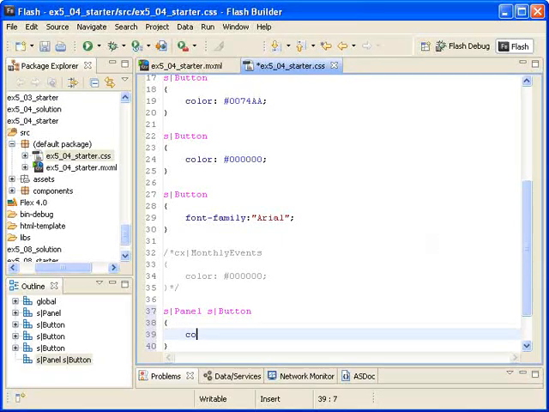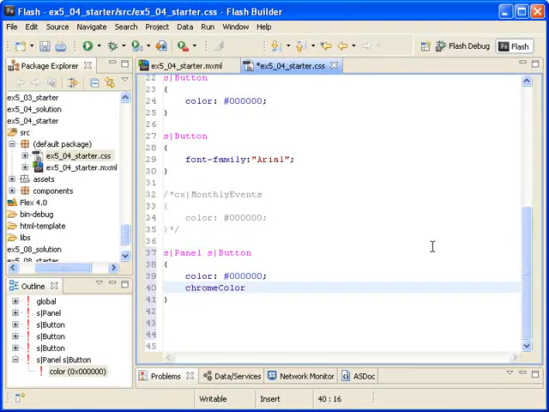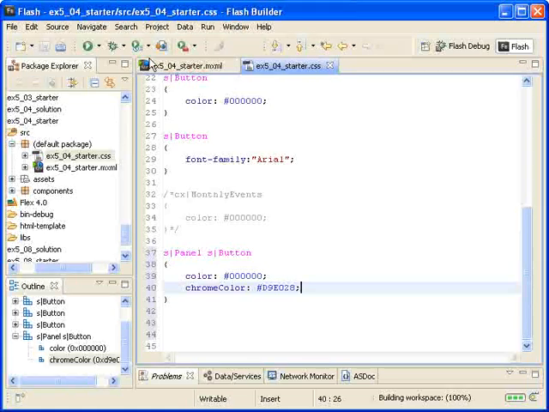I'm setting the color property to black and the chrome color, which is the background color for the button, to yellow, pound D9E028. When I save the file and run the application,